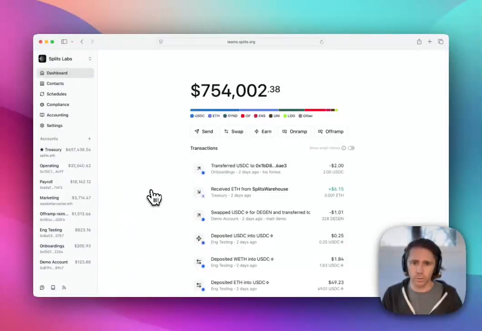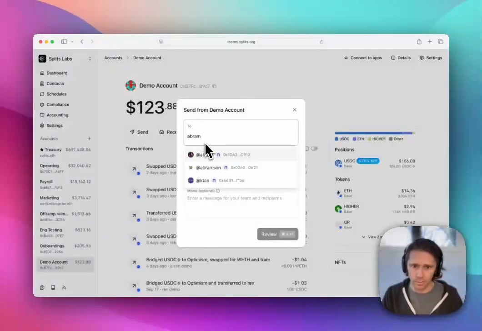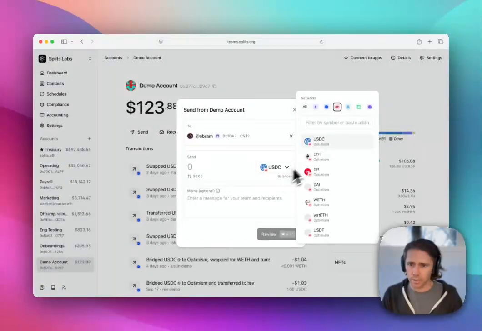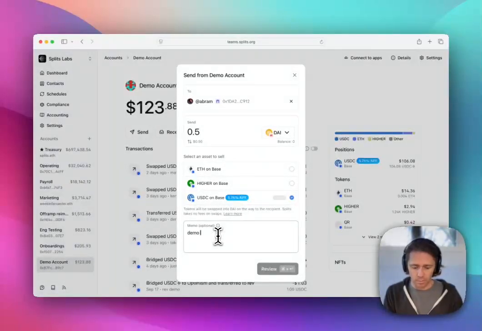So actually, let's go through and just show you what that might look like. So say I want to send to my Farcaster account, and let's send something I don't have. So maybe we can do DAI on Optimism. Send a little bit. So we don't have DAI on Optimism, but we do have other assets that are equal to 0.5 DAI. And so I can say, let's use our USDC on Base balance and say demo for video,